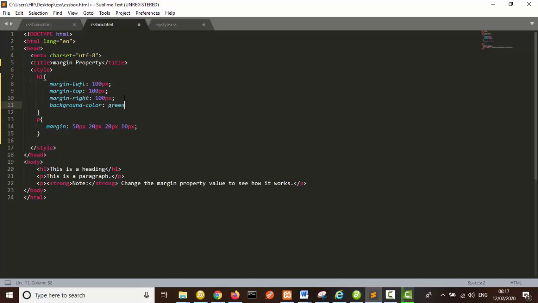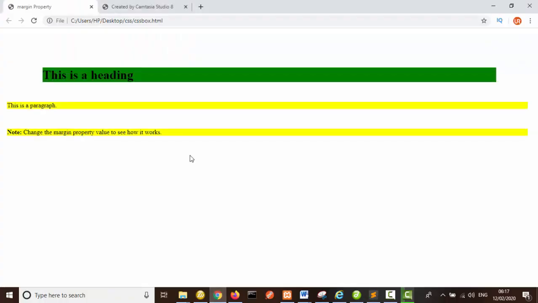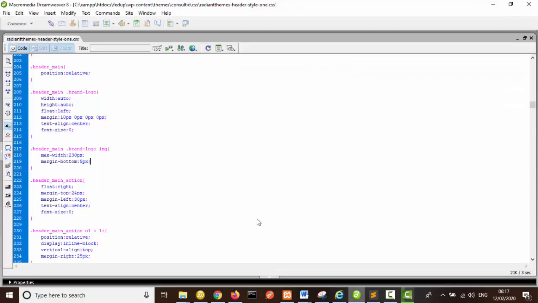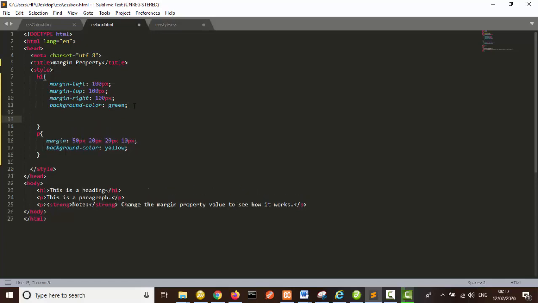I'm going to give it green. I'll copy this here. I'll give it red, or yellow, so that we can have different colors, so that we can see whatever we're doing in action. And so we want to do padding right away. We're going to do CSS padding right away. And so the same way we added, so we're going to go ahead and